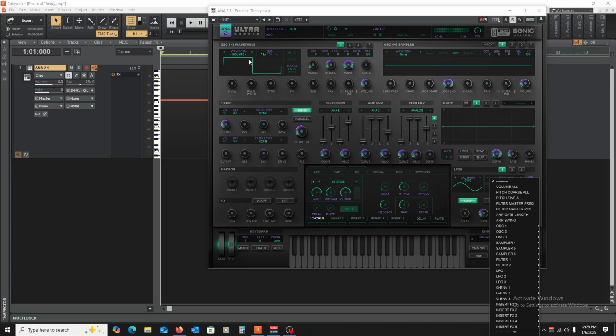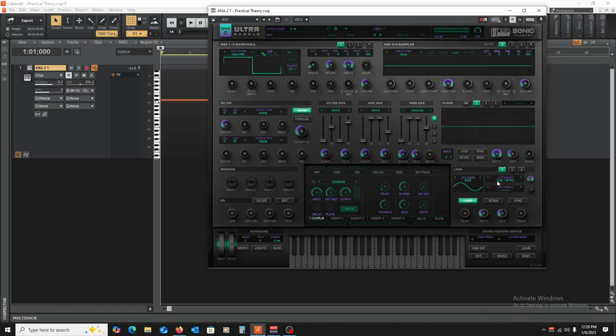Oscillator 1 we have chosen as a square. We'll get into this more later. This will make more sense when we get into the synthesis. But we can go to, that was the sync. So we'll come to oscillator 1 sync. And then now this is going to control this knob. So instead of having to do this ourselves, our oscillator is actually going to turn this knob up and down for us.